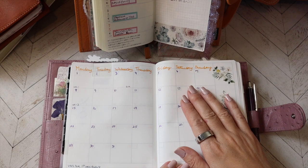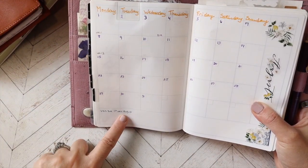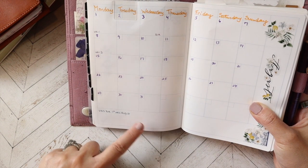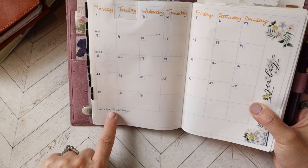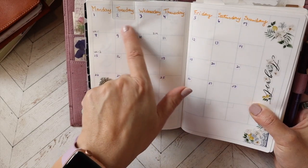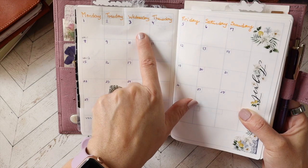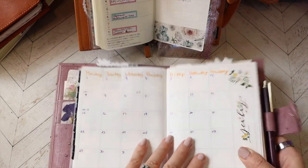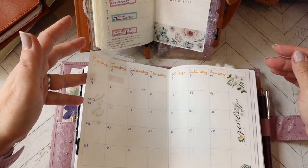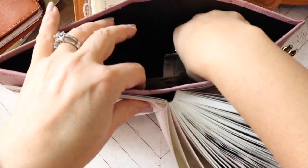So basically I also look at the bottom and just see if there's anything that I've kind of pre-planned in this square for August. There really isn't. I just have VDS due the first week of August. It is supposed to be, this is my week 11, and actually I was supposed to get it week 10, but it is what it is. So I put that there, and I do need to get my August tabs, so let's